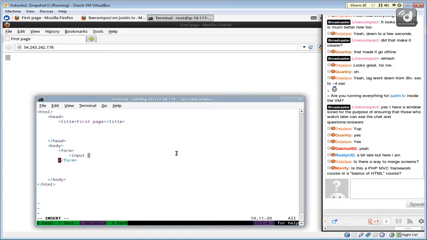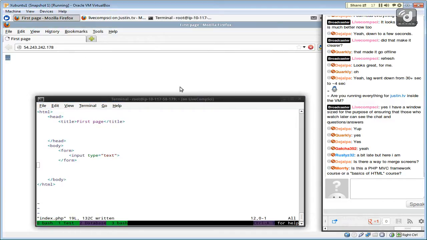And you'll see exactly what this does in just a second. And let's just do that. And we'll get through this fairly quickly. So if I refresh this page, you'll see that what I have is an input field where I can type something in,